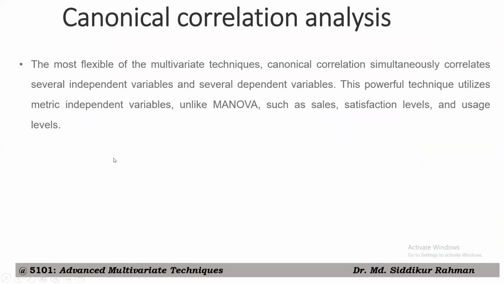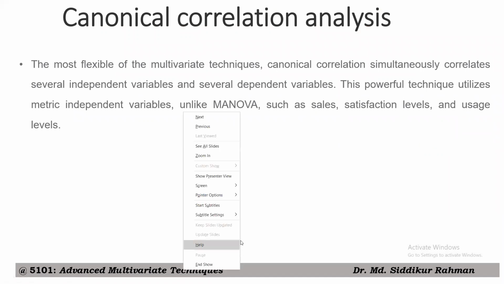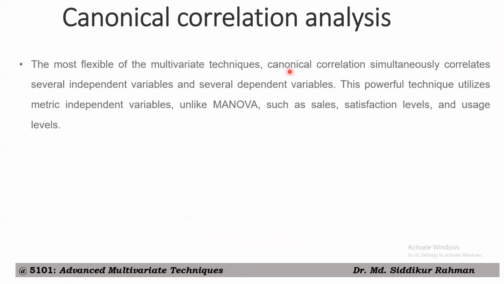The most flexible of the multivariate techniques, right? This is one of the most flexible multivariate techniques. So canonical correlation simultaneously correlates several independent variables and several dependent variables. So this is the important concept in multivariate analysis, when you are going to analyze several independent variables and several dependent variables simultaneously, right? Then this is the concept of multivariate analysis, and this is mainly the difference between univariate and bivariate analysis,